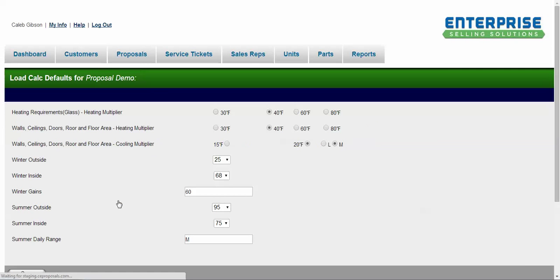So you're going to click on View Load Calc Defaults, and then you're going to choose your temperature: winter outside, winter inside, your grains of moisture, your summer outside and inside, your daily range, and then you're going to select up here whether it's 15 medium or low or 20 medium or low, and then what is your design temperature difference. So here it's nearly 40 degrees, so we're going to put 40 in both those boxes. You're going to click Save, and then that's going to take us back to